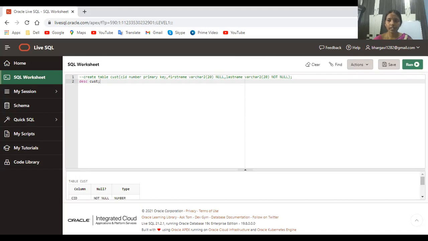See here at the downside. CID not null, number, first name may be null, may not be null, last name not null. That means if you are specifying not null, that column contains not null. If you are saying null, it means null. Primary key means by default it will show as not null only. Clear? So any doubts in this session? Okay.